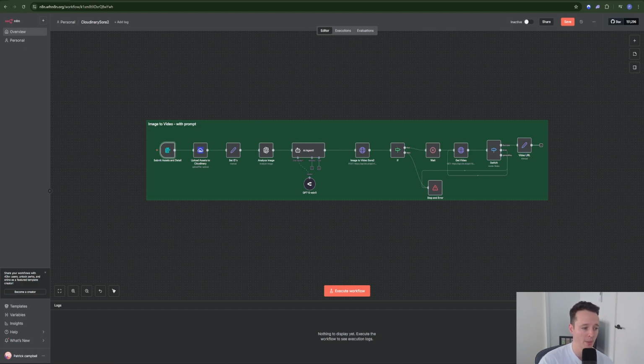what I've done, and I'll be going through today, is how I've probably taken it up another level to reduce the amount of things like image links you need to save, and giving you a little bit more control over the actual video itself. So what we're going to do is run through step by step with each node exactly what I've done, the changes that I've made, and how I feel that this is streamlining or improving the overall